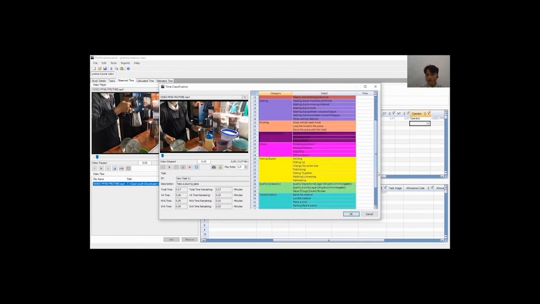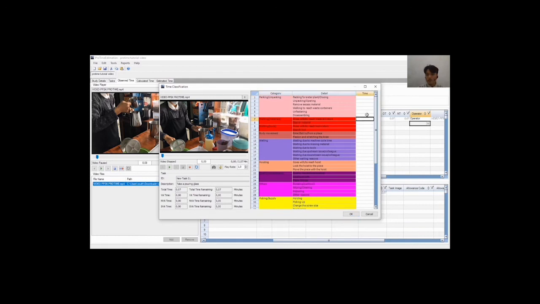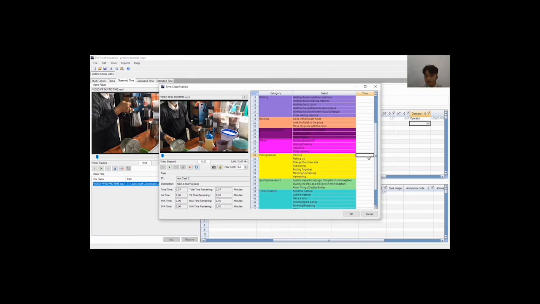Then we write the duration based on the category and detail. For example, take pouring glass is picking up. Okay, we write the duration, for example 0.8. Okay, we get the first activity is automatically classified as SVA,